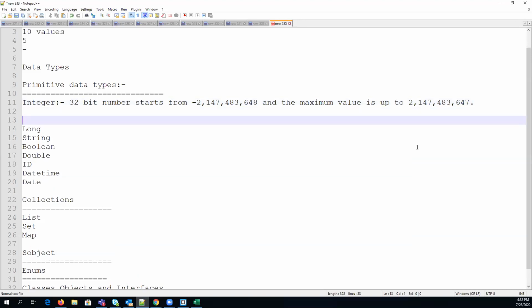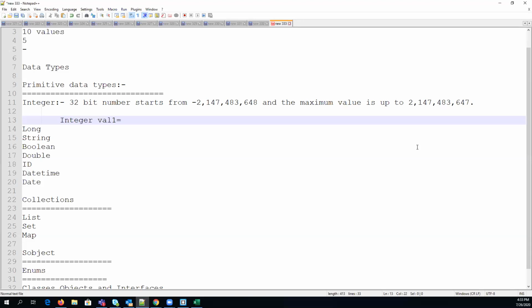How will you declare the integer variable? So integer is a keyword defined in Salesforce. You can simply use integer and a variable name, the name that will point to the value in the memory location. Let's say you want to store a value 1, so you can simply give the name as value1. It's just a name, so you can give any name and equals to the value.